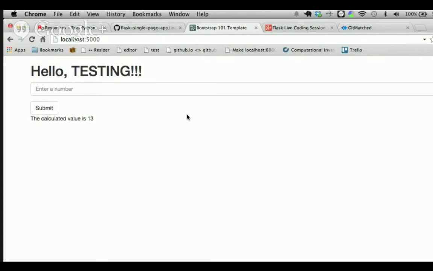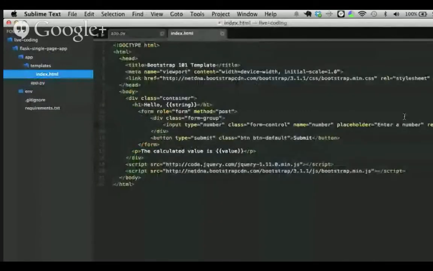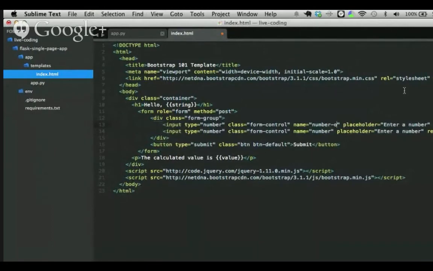And this is a little bit of a mess right now, so let's go ahead and clean this up. So how about we add another input box so that we're adding 2 values together. So we have like a little calculator kind of going on here. And then we'll remove the string argument passed in, and then we'll also kind of make this HTML page look decent. So let's start by adding another input. Just copy and paste this. So let's call this number 1